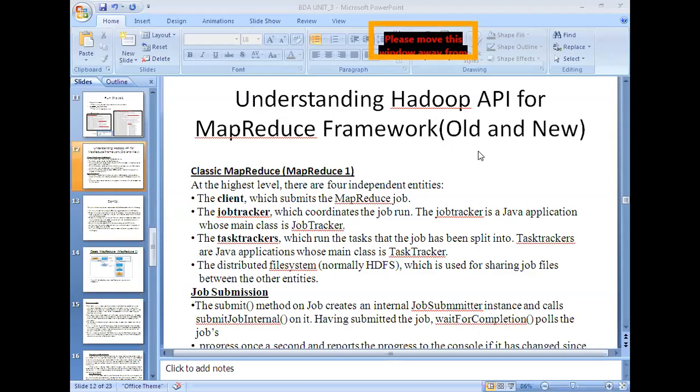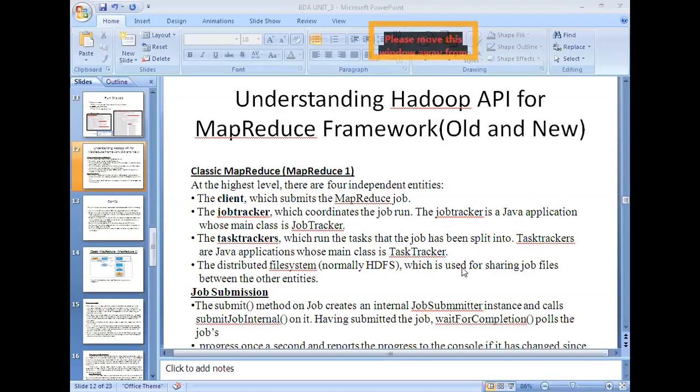The class for this is TaskTracker, with which we will implement all the functionalities. And the last one is the distributed file system, HDFS. It is used for sharing job files between the other entities. Just simply, it is a storage mechanism.